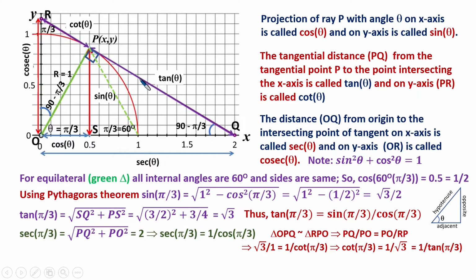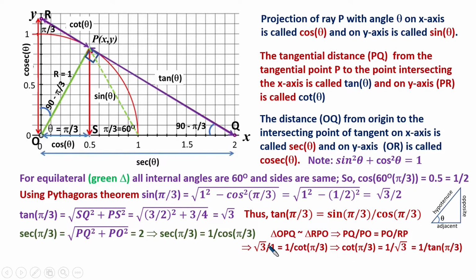So if I take the ratio of this height, that is PQ by PO, here I have written PQ by PO is equal to the base of the big triangle, that is OP, and the base of the small triangle is PR. So here I have taken PO divided by RP. Now you see, when I have got this PR, I know I can get the cot function from here, and I know the distance of PQ, which I have found is tan theta, that is root 3 here, and so root 3 by 1, OP is 1, again OP is 1 divided by RP